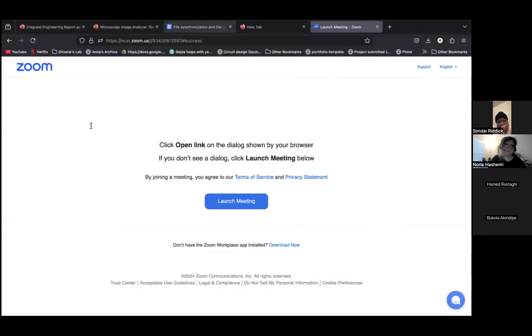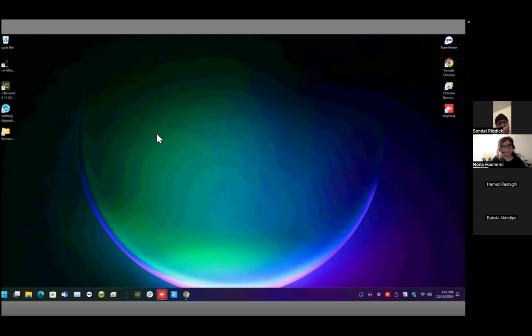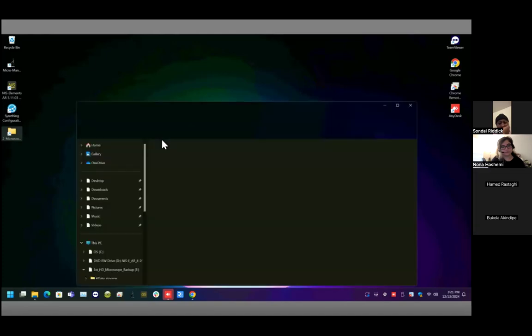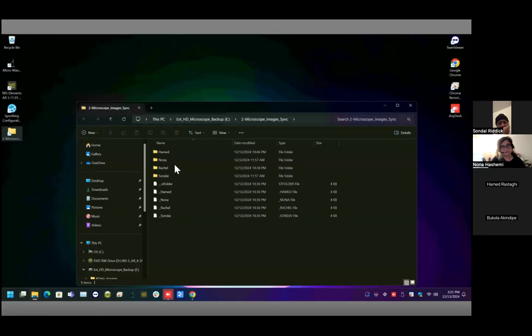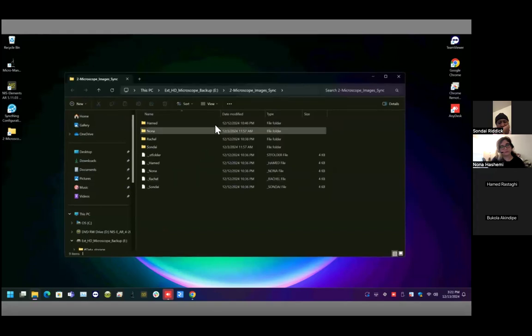So in the document here, I said to collect the data, you have to save the experimental data in your designated directory, which is on the external hard drive, and it is named like this. Once you are connected to the computer in the lab, this is the folder created for you. Inside this folder, we have every biologist's name here: Ahmed, Nona, Rachel. You have to save your data sets in your designated folder. Everything that you are doing here is automatically synchronized into the